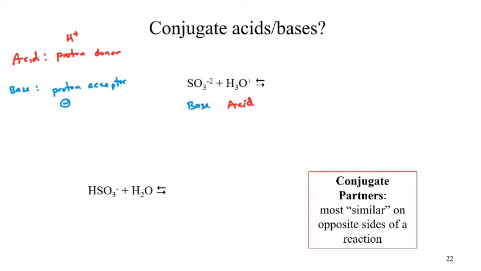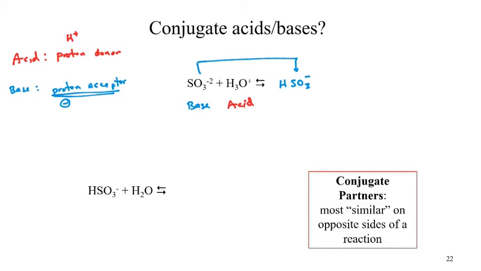How do we apply this to our chemical reaction? Well, what am I going to do? I want to have that SO3 minus 2 act as a base. If it acts as a base, it must accept a proton, which means I need to add a hydrogen to the formula, HSO3. What happens to its charge? At this point, all we're doing is one reaction here. If I add a single H+ to that formula, I'm going to cancel one of those negative charges, and my overall charge will become a -1.